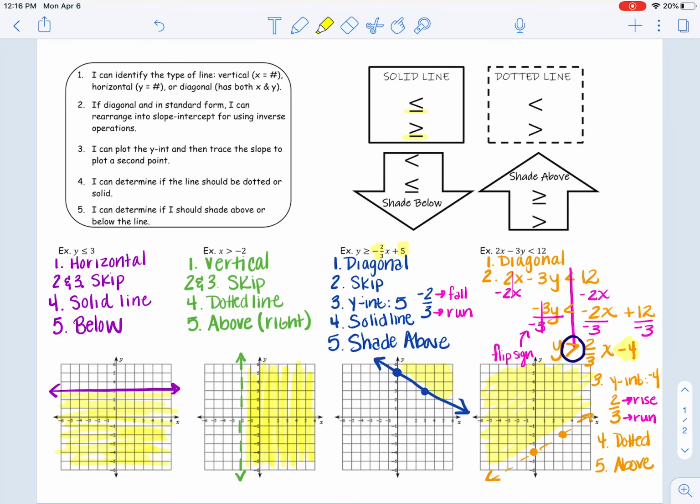So that is all you're going to be doing tonight on your homework, is just graphing inequalities. There's no context, it's just straight up graphing. So make sure that you reference this lesson and my teacher notes as you go through your homework. I've given you an example of all 4 different kinds: vertical, horizontal, diagonal already in slope-intercept form, and then diagonal in standard form. So make sure you guys are using your